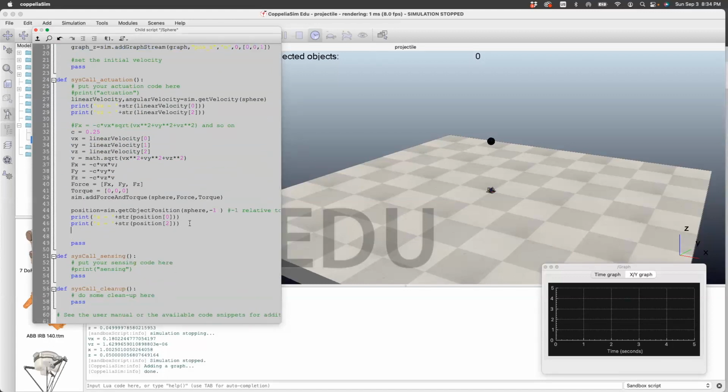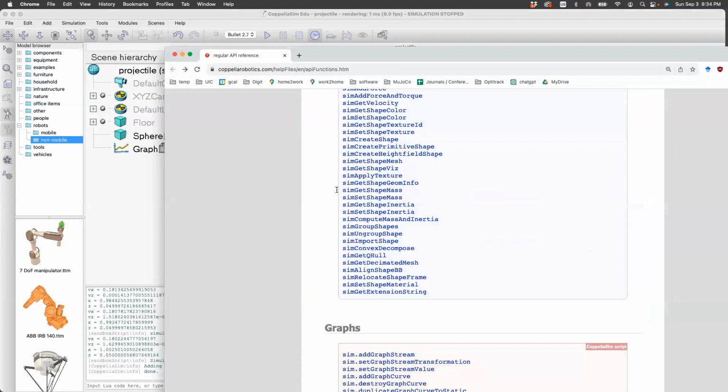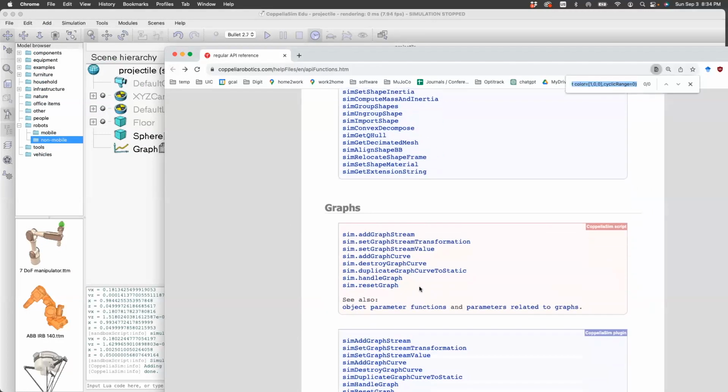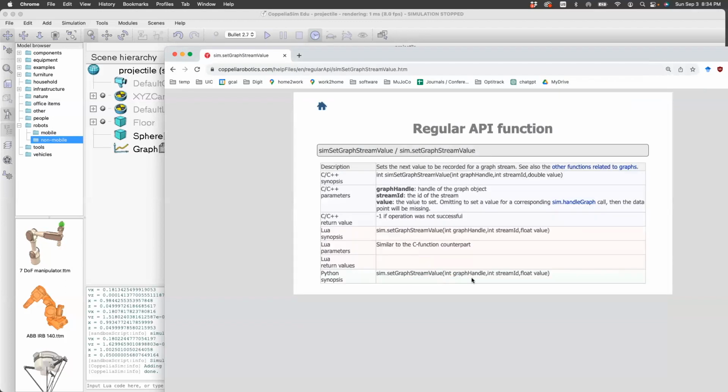So what I'll do is I'll go here where I already have collected the position, and I'll use a function called graph value. So if you go back to the graph, you can say graph stream value. This one basically, you take the graph handle. The stream ID would be your graph X and graph Z, and then you'll put whatever value you wanted to put there. So let's take this,